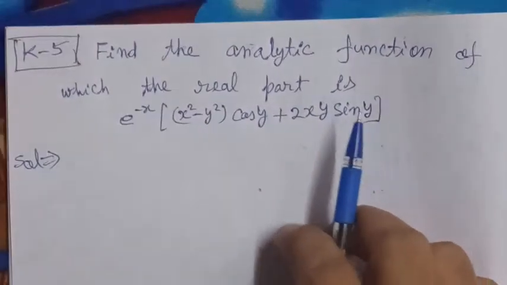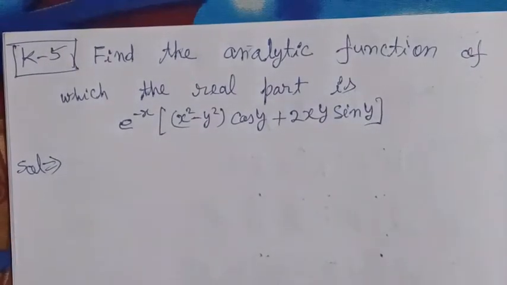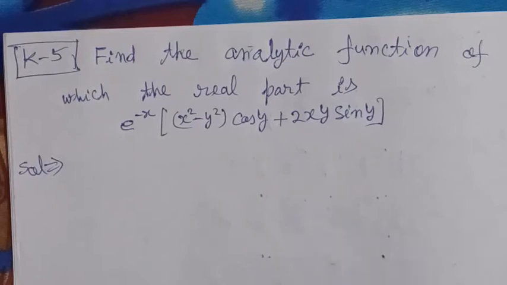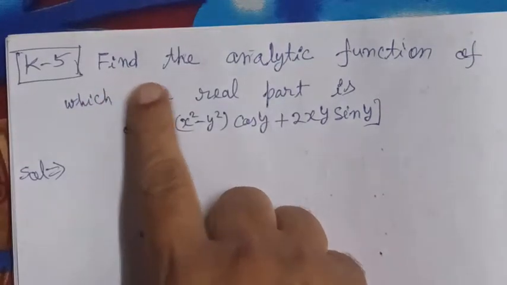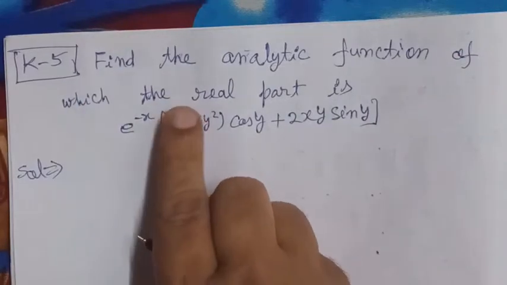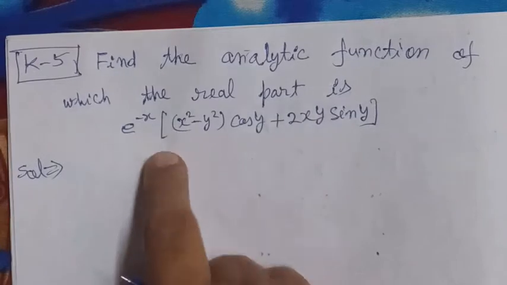Bismillahirrahmanirrahim. This problem is related to complex analysis from the chapter on analytic functions, Cauchy-Riemann equations, harmonic functions, orthogonal systems, etc. The problem is to find the analytic function of which the real part is e to the power minus x